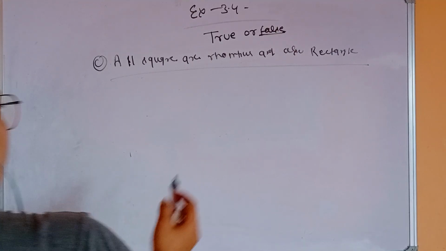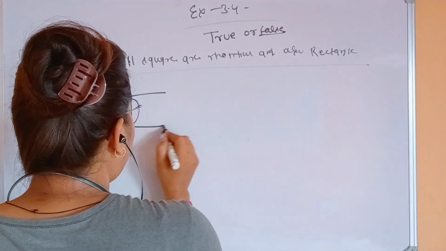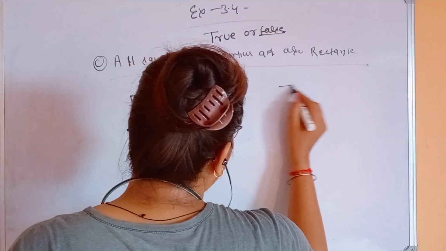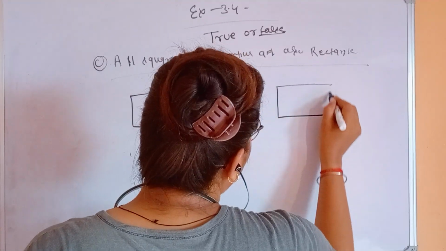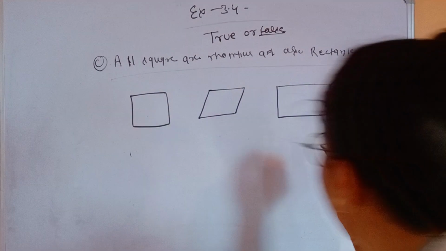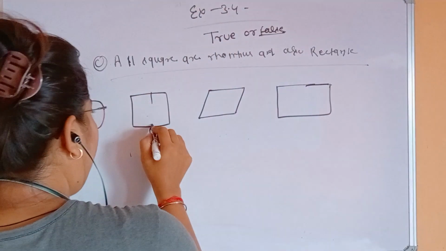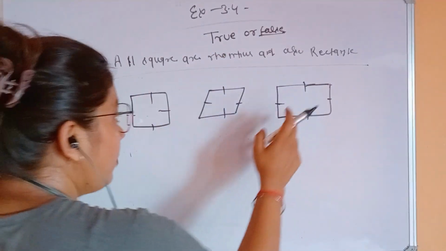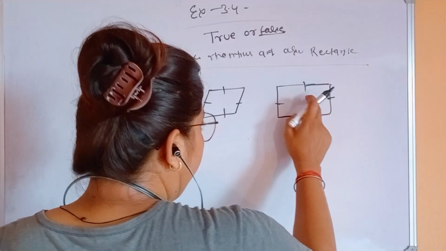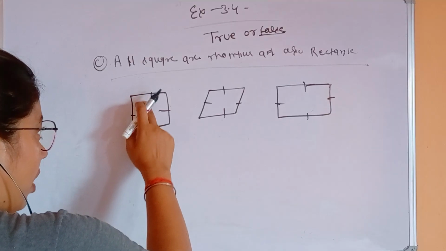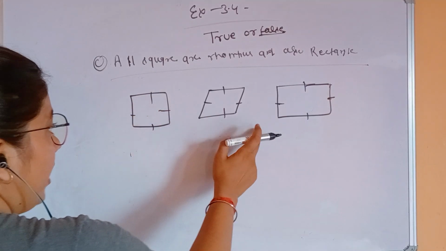What do we write here? First make a square figure, then a rhombus. I draw only so you understand, it is not mandatory for you to draw. You can show only the reason. In a square all sides are equal. In a rhombus all sides are equal. But it doesn't matter whether all sides are equal or parallel. The rectangle property says that opposite sides are parallel. In a square also the opposite sides are parallel, so that means it follows the rectangle.